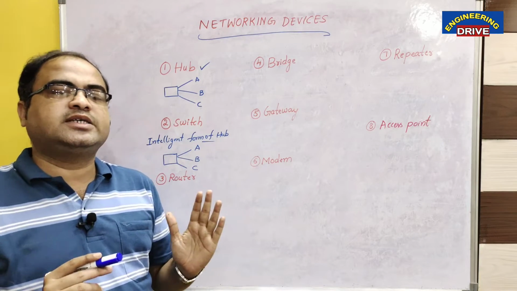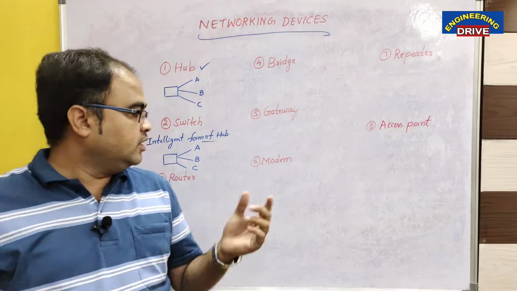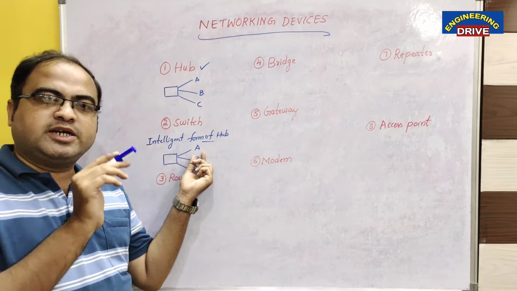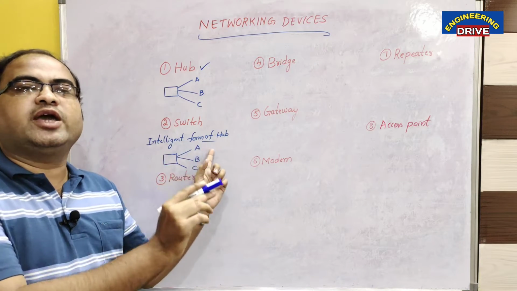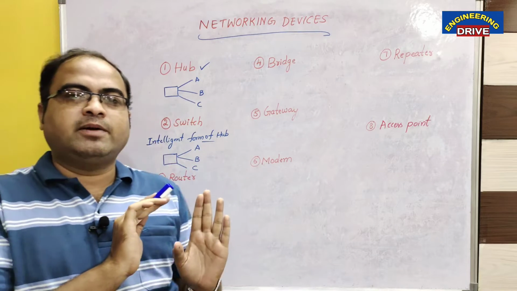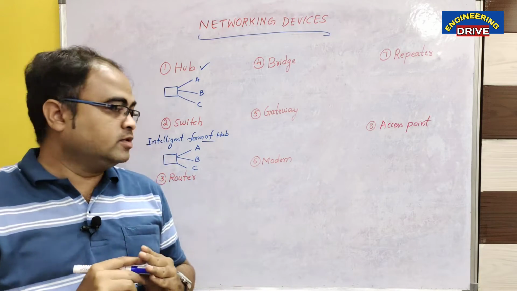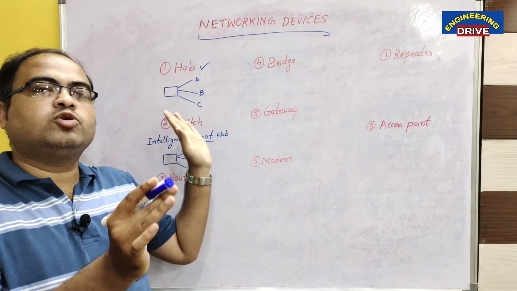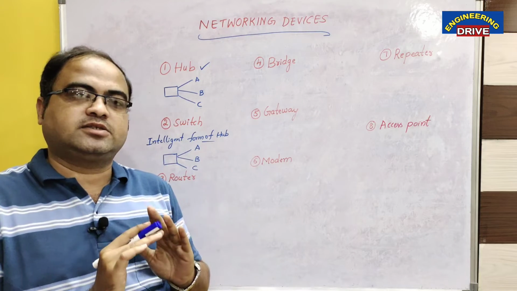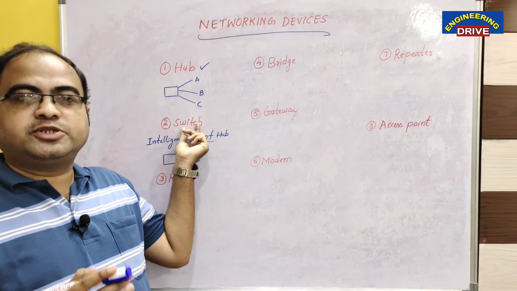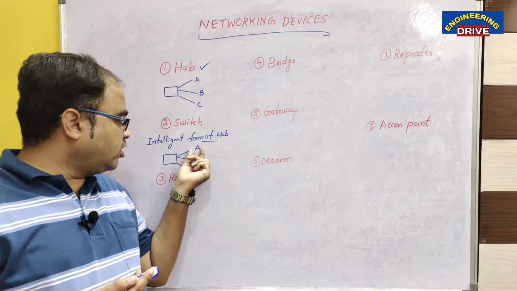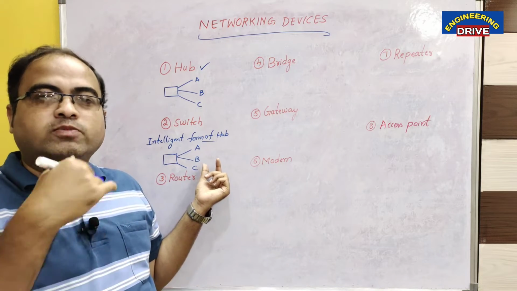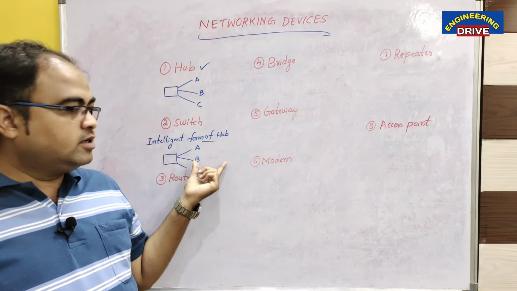We know that in networks the data will be transmitted in the form of packets. Now if from this particular switch, data needs to be transmitted to A, then data can be transmitted to A only. B and C will become idle. Data will not be transmitted to them. Whereas this facility is not available in a hub. In a hub, we need to transmit the data to all the devices. But here in a switch, we have the option. In the name itself, the answer is a switch. Out of A, B and C, we can select the recipients, the devices to whom the data should be transmitted. That is a switch.